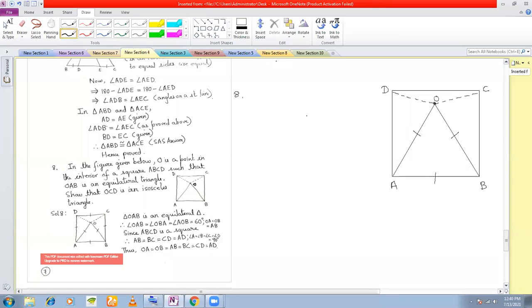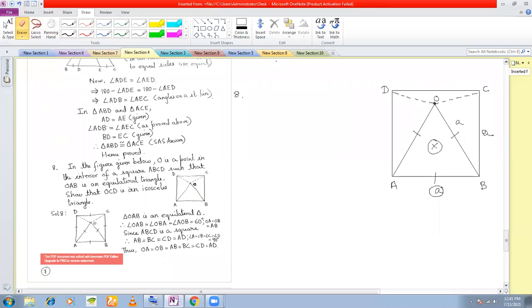Now what you see here is that this is a square, right? So if this is a square, all sides must be equal. Suppose this is A, this is A, this is A, this must also be A. Now also what you see is that this triangle here is an equilateral triangle, right? That means if this side here is A, this must also be A, and this must also be A, isn't it? So that means all these lengths are equal. What can I say?